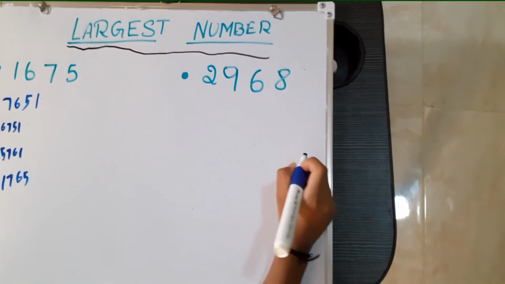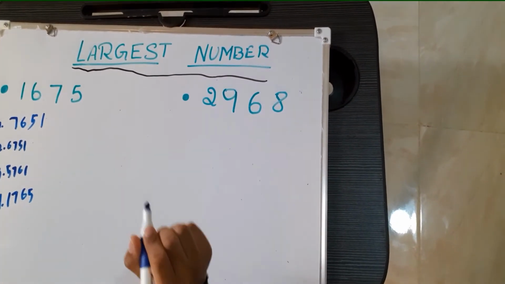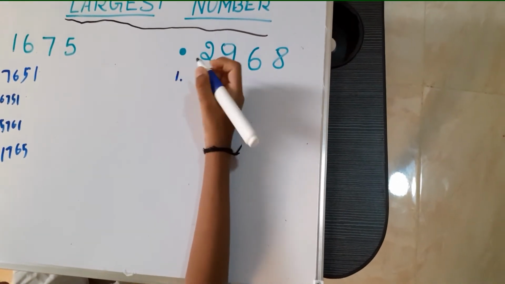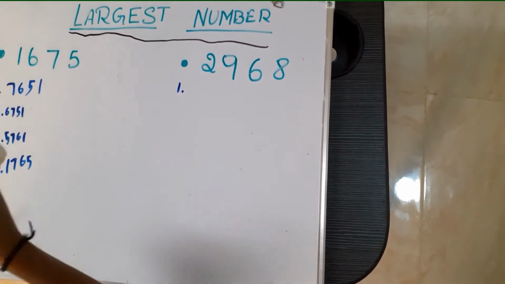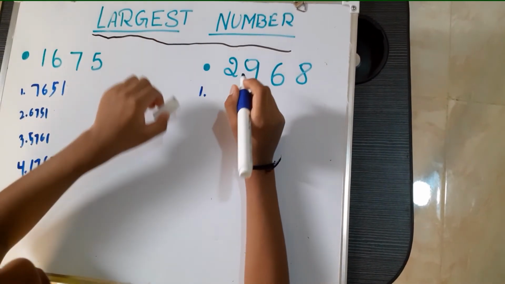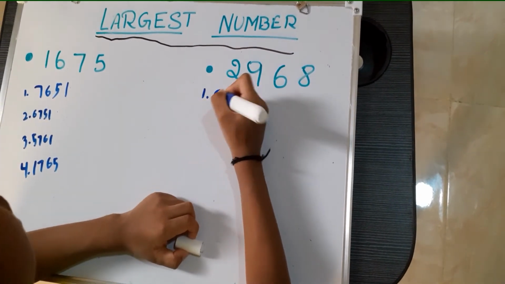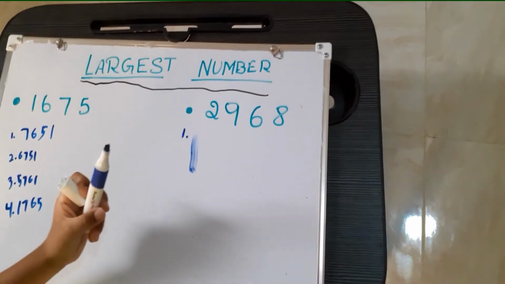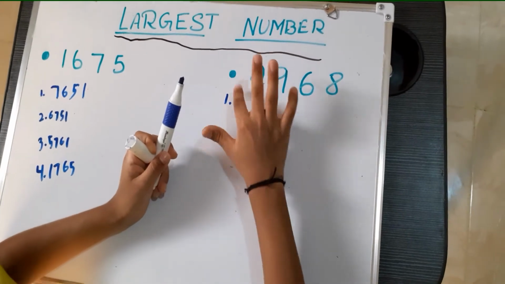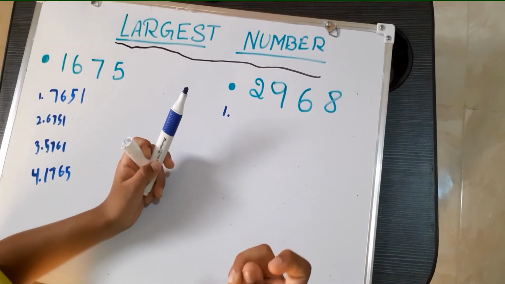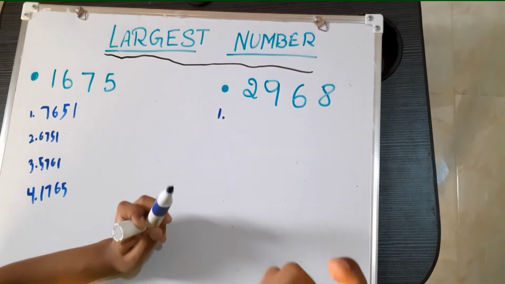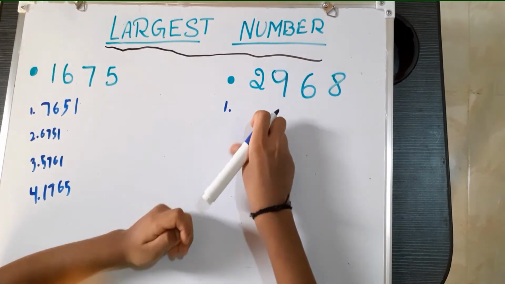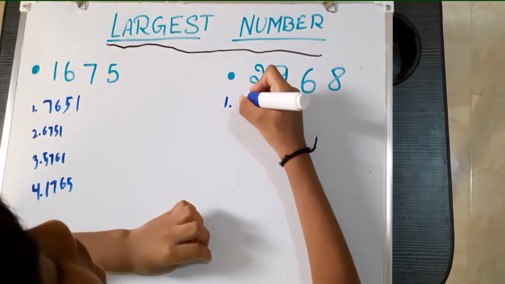And let's move on to 2,968. So again, we have to write 1 to indicate it's the first largest number we're making. 9, because 9 is the first largest digit here. Sorry for that. I'm going to erase that. Everybody can do that. But although I got my finger stained. Okay, don't worry about that. Okay, so let's write 9,